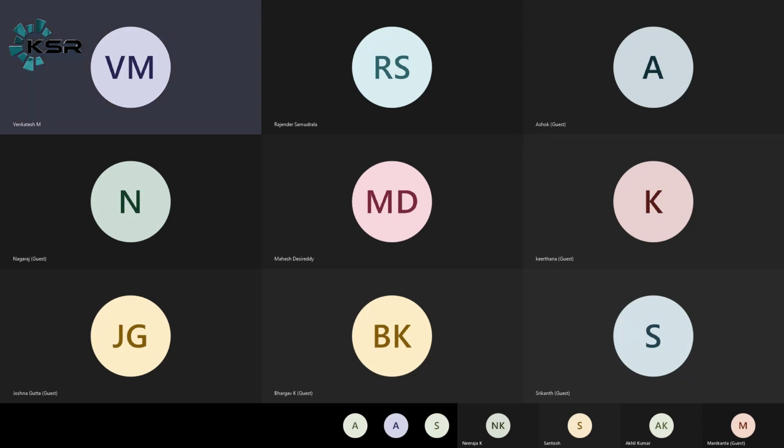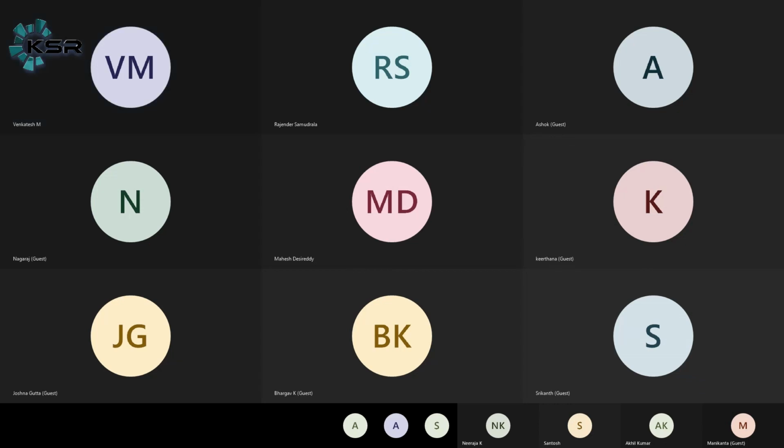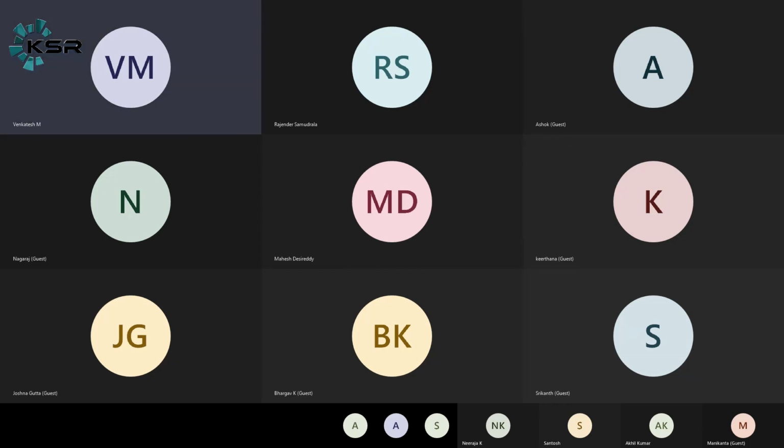Just for basic commands, I want to make sure you are comfortable with the Linux environment. That's why you can use both. Like Git Bash, you can use any SSH tool, not only MobaXterm. If you want PuTTY, you can use it. Any tool you can use. Either of them, any one is required. You can use anything, it's all your comfort level. We have installed all the tools you mentioned, so that you will be comfortable with the different tool stack, right?